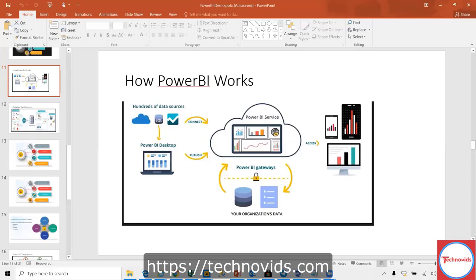Okay, the Power BI service and the Power BI gateway is cloud based. So if somebody has to access it from the cloud, that is what you are talking about there. Yeah, the business user will not have the Power BI desktop in their system. The business user, the end user, always accesses through this cloud service, the Power BI service. Okay, they will always use it, except there are companies who will have their own reporting servers, who do not like to go to cloud, right? They may have their own report servers, so that is also there. And then the end users will access the report server.